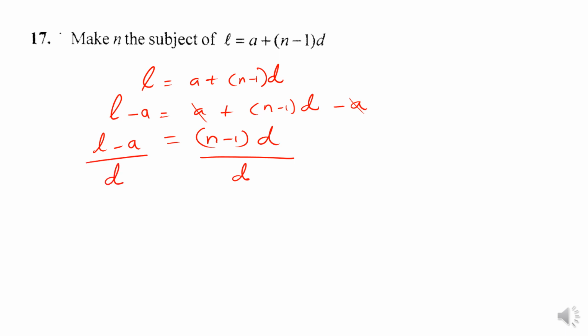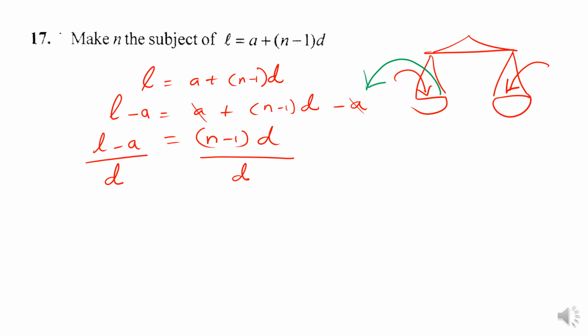And you must know that the equations are just like a balance scales. If you do something to one side, and if you put something in one side, you have to put the same weight in the other side. And also if you take back any weight from one side, you have to take back the same weight from the other side, right? Therefore we do the same thing to both sides. Then L minus a divided by d is equal to, this cancels out, n minus 1, and then we have to